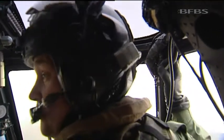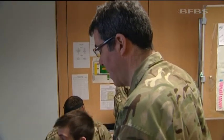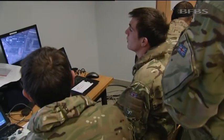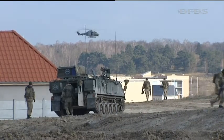It's a massive enabler for the guys, so to be able to be part of it and providing an awesome capability is exciting. Flying really close to the guys, the guys really enjoy that support from aviation. They've not been used to that direct support, especially in training. Because of the effort that we've put into Afghanistan, we've not been able to provide the guys in training the support with helicopters that we would like to. And so they've been starved of that, and so they really appreciate when we are able to support them